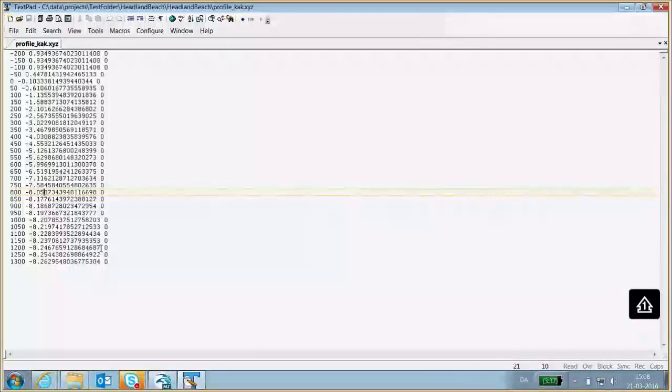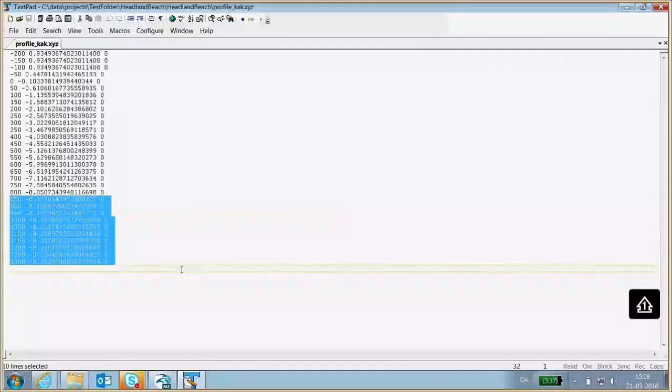If I don't have a steeper profile beyond the depth of closure than what is in the mesh, then this supplied coastal profile is going to be used all the way out here to 1300 meters, not only to the depth of closure.